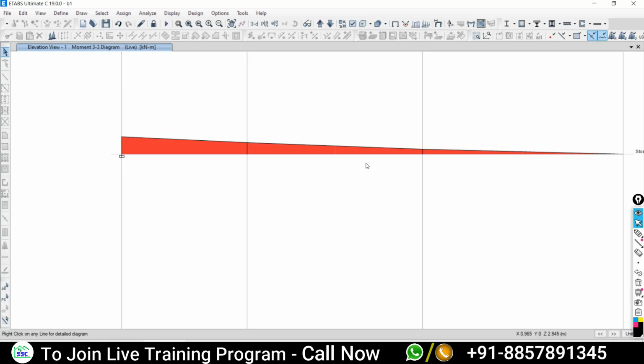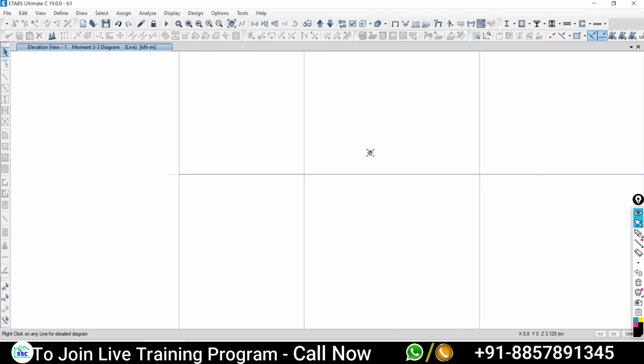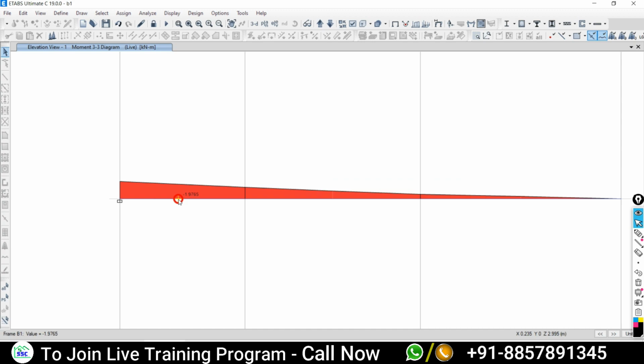Another way, if you want to see more elaborated, more detailed results of the shear force and bending moment, and if you want to see both the shear force diagram and bending moment diagram at once, take your cursor over the element and right click over that.